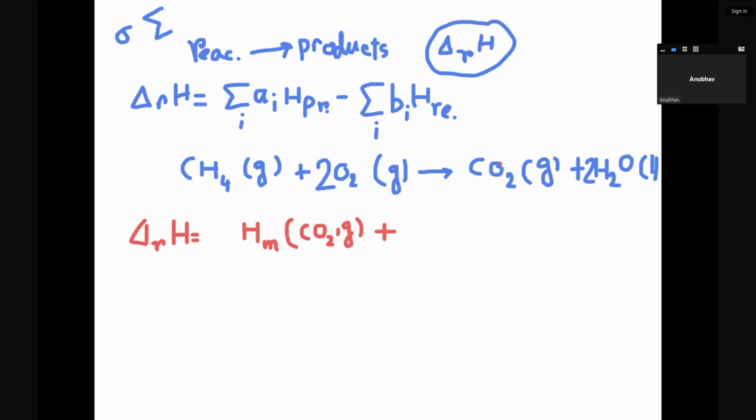In the product side, we have CO2 and H2O. The CO2 part is done. Now we have the H2O part. For H2O, we have 2 moles, so it will be multiplied by 2: 2 into H molar of H2O liquid. So this is the right-hand side, where we have H molar of CO2 gas plus 2 into H molar of H2O liquid. Then we have to subtract the